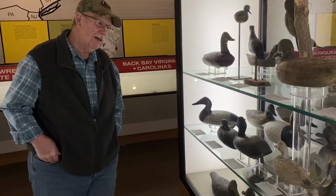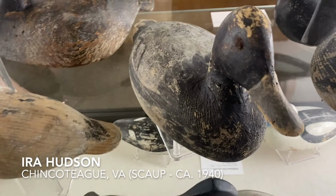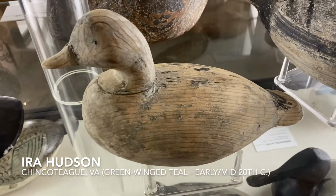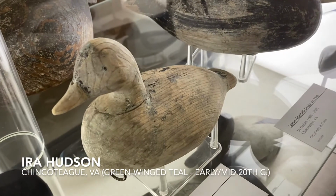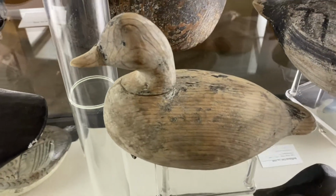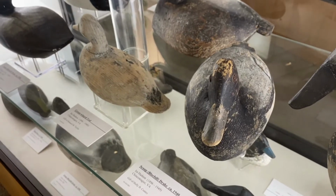And forget the Chincoteague birds, Ira Hudson. Ira Hudson, we have a scalp, and that retains some original paint, and one of the rarest ones to find are green-winged teal, which retains no paint. So I mean, we've got those. It's conjecture. It depends on who you talk to. The Chincoteague style emanated from New Jersey decoys, from wealthy sports that came down the coast and came ashore and hunted there. They share a lot of style from the New Jersey, except Chincoteague is its own entity. They'll take something and they'll make it theirs. And it's evident